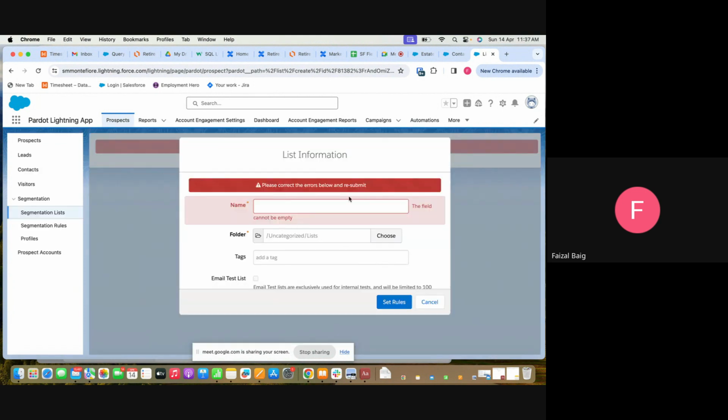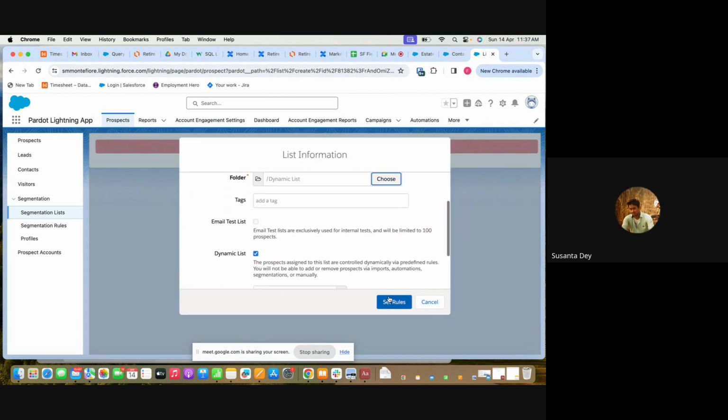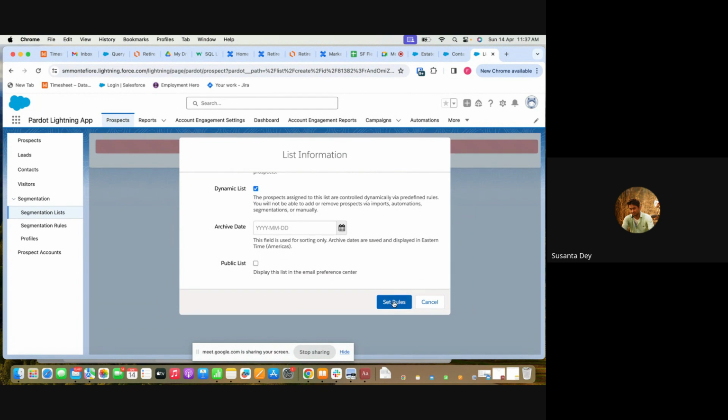Automation means that we are asking, when the criteria are satisfied, all the information or all the prospects will be put in this list, not in the folder, in the list. And if they do not match the criteria, it will also remove the prospect from the list. But Faisal, the removed prospects